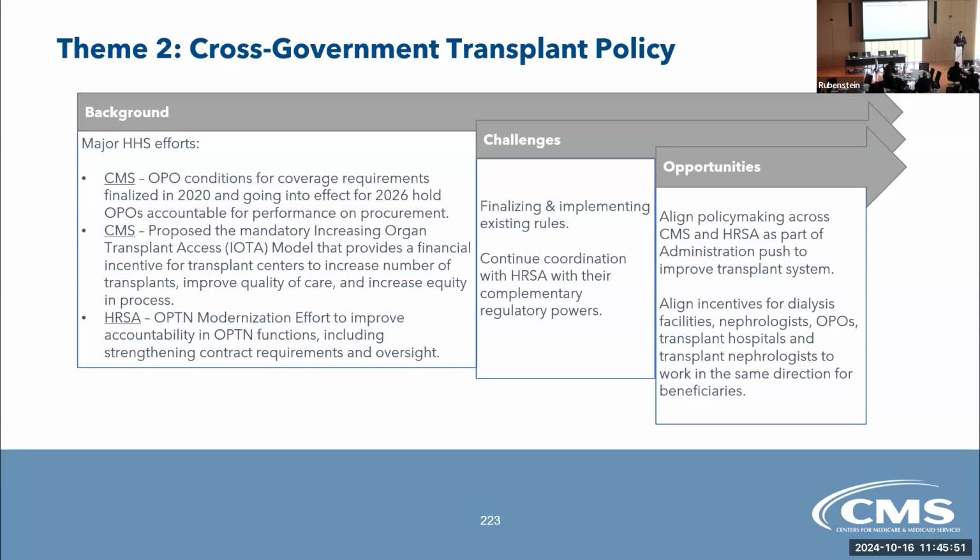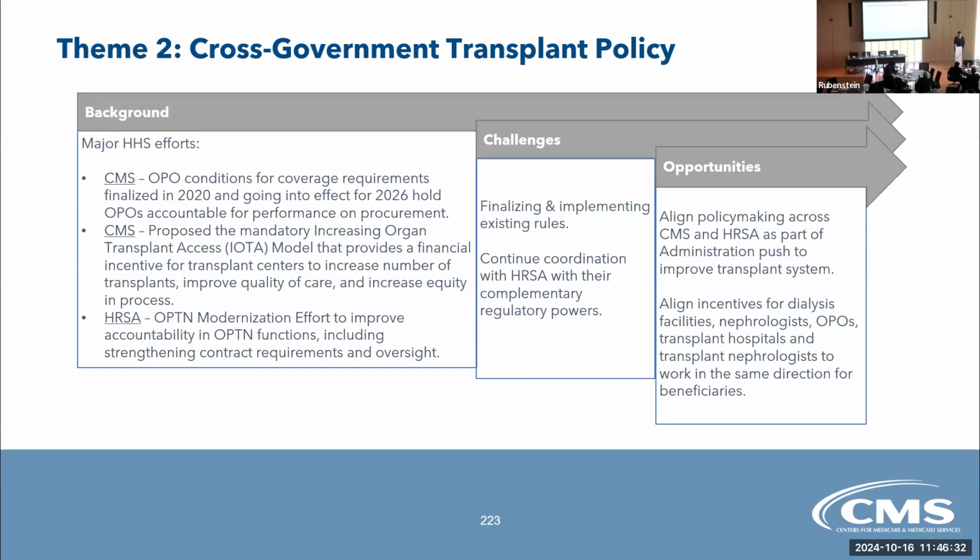But this proposed payment model basically says, what if transplant centers did more transplants? It offers incentive payments for increasing their number of transplants, helping more folks through the process, and focusing on being more efficient through the process. And then HRSA has also been overseeing that OPTN modernization effort, focusing essentially on regulating the regulator, given OPTN's unique role that HRSA helps to operate, and really helping to strengthen oversight there. So I think the goal is pushing across each of these actors in the transplant process with the aim of getting more patients through the transplant process and ultimately getting the results that we're really hoping for.